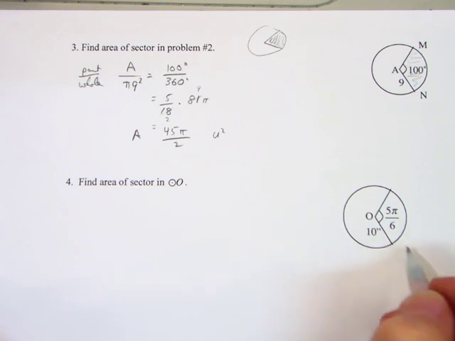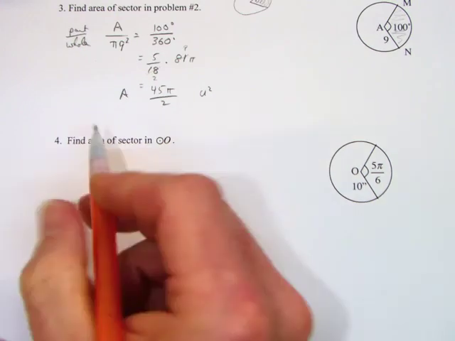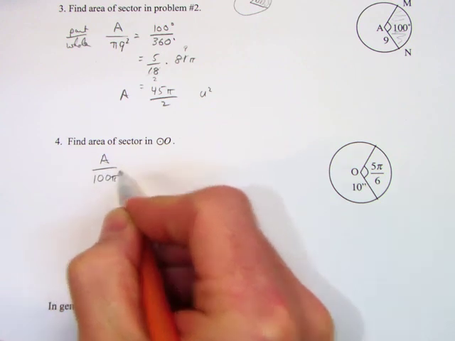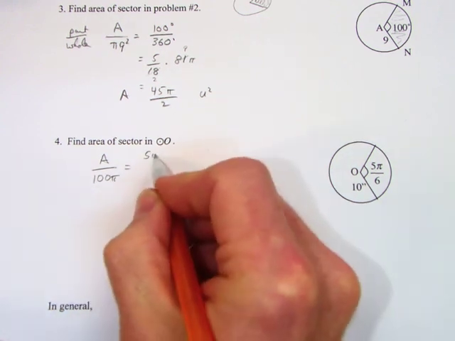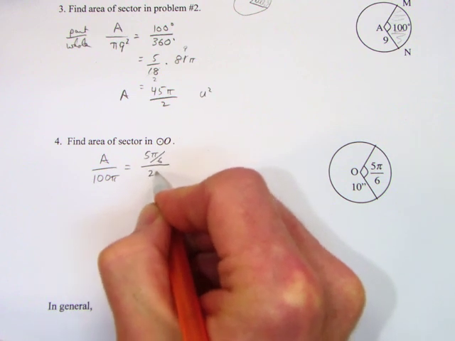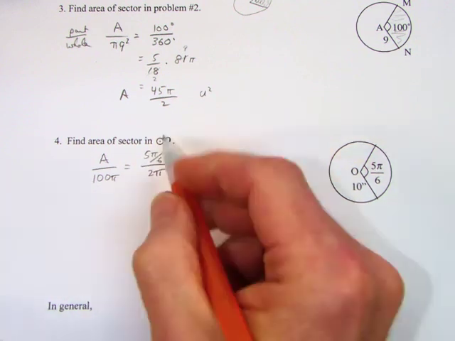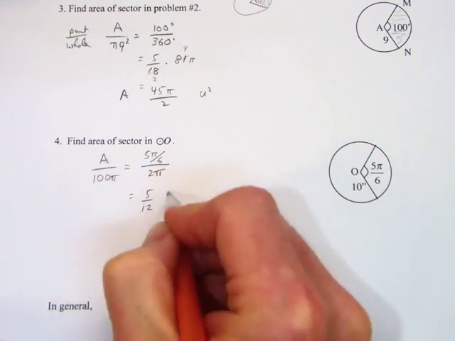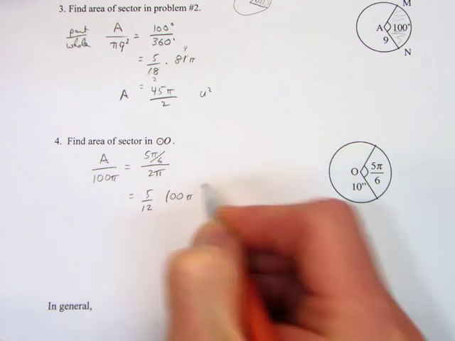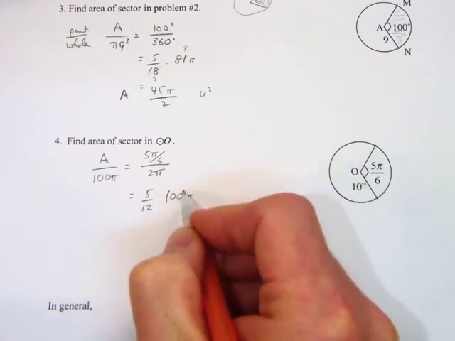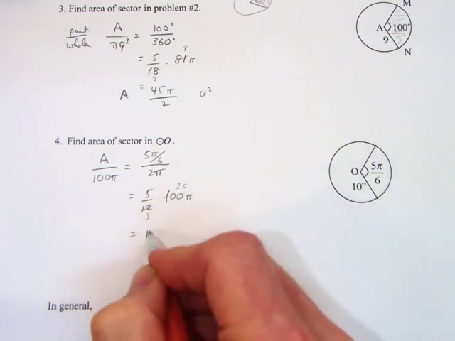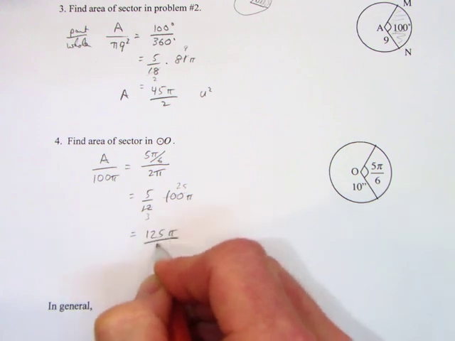Now, notice this one, that I have some inches here. So I'm going to have to make sure I include that in my final answer. We're going to say area is to the whole area, pi r squared, 100 pi, as 5 pi over 6 is to 2 pi. The pi's will reduce out, and we're left with 5 over 12. And we're going to multiply that by 100 pi. So what will go into both of those? 4 will go into both of those 25 times and 3 times, so we're left with 125 pi over 3